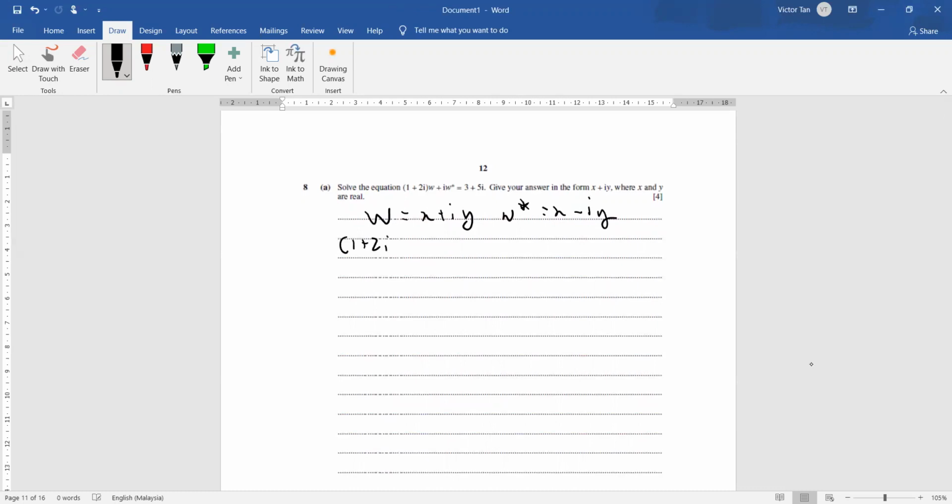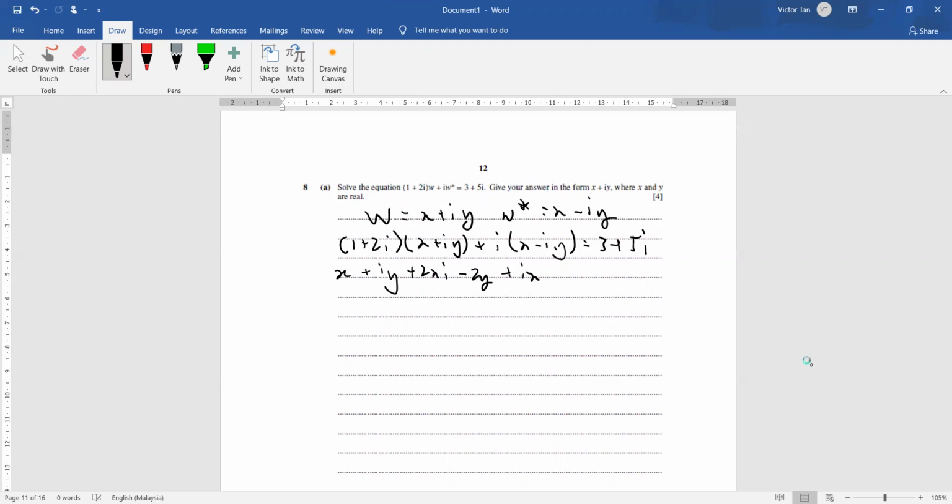1 plus 2i times x plus iy, plus i times x minus iy, equals 3 plus 5i. Here what you need to do is equate the real and imaginary parts and solve simultaneously. 2i times iy is minus 2y,